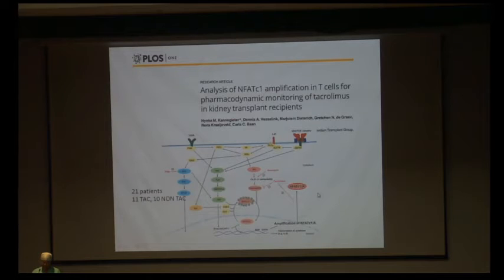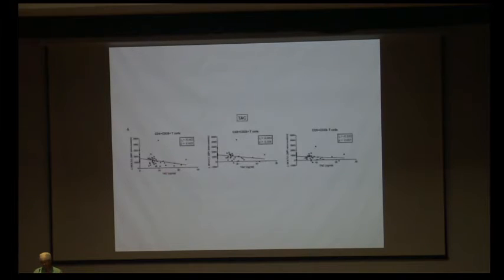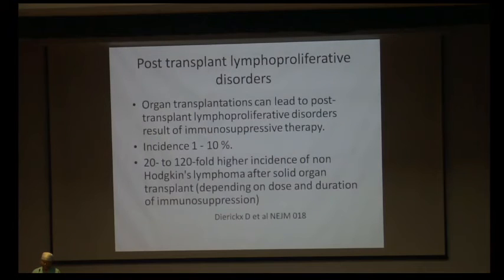This was in kidney transplant recipients. There were 21 patients, 11 were on tacrolimus and 10 were not on tacrolimus. And again they found out that CD4 plus CD28 plus T cells decreased with increasing level of TAC, and CD8 plus CD28 plus T cells decreased with TAC, but CD8 plus CD28 minus T cells, it was not significant. So again they postulated, these are very preliminary studies, but once it comes into use, then obviously it will become easily available.